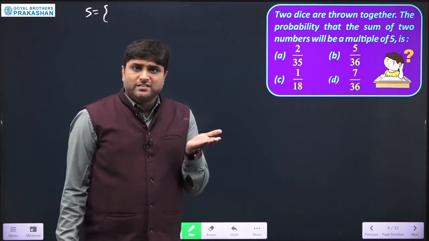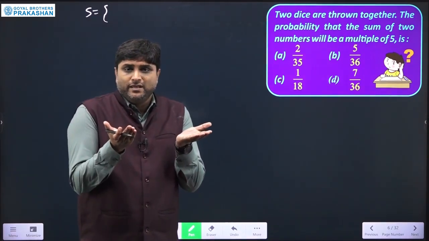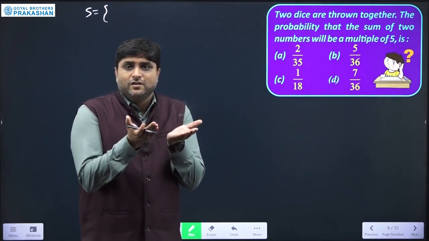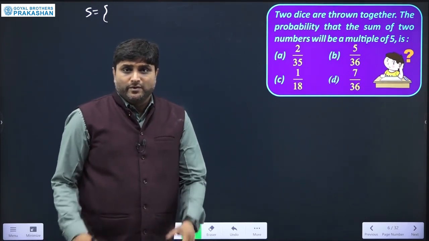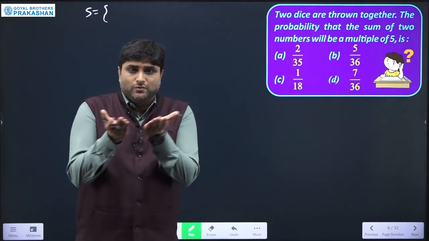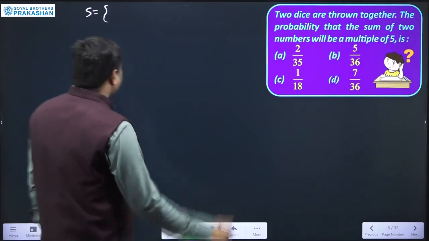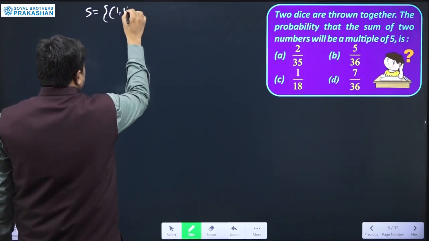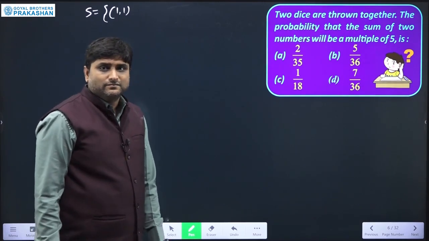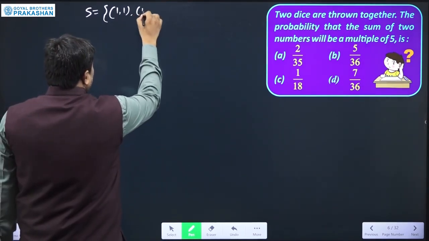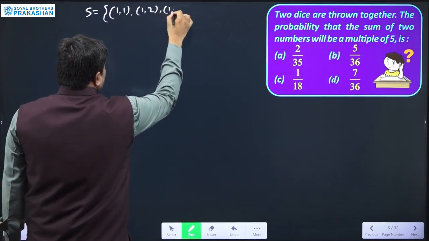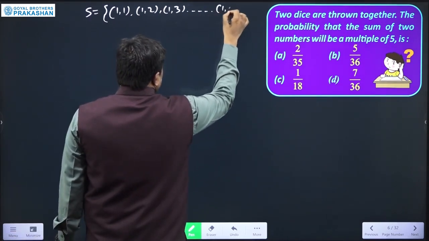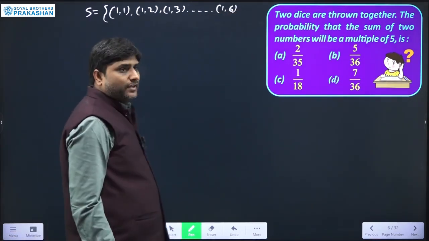So the number on first dice and the number on second dice will be important, and after observing both the numbers, number on first die, number on second die, we can say this is a total possible outcome when we see all the outcomes on first and second dice together. So outcome will be like that number 1 on first dice and number 1 on second dice, or number 1 on first dice, number 2 on second dice, number 1 on first, number 3 on second, up to number 6 on second with number 1 in first.